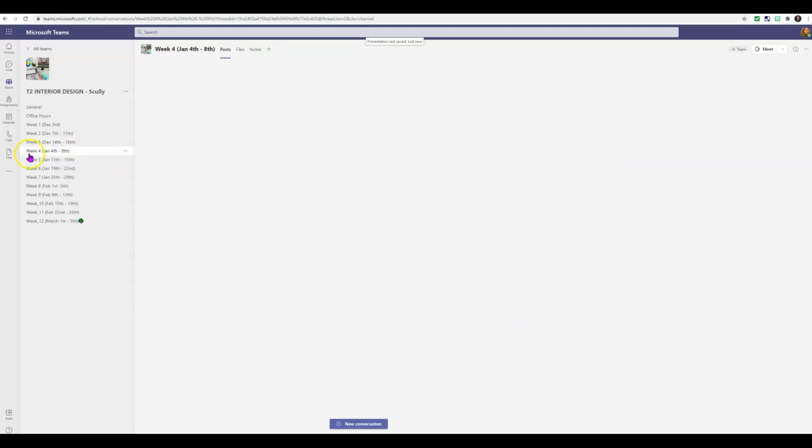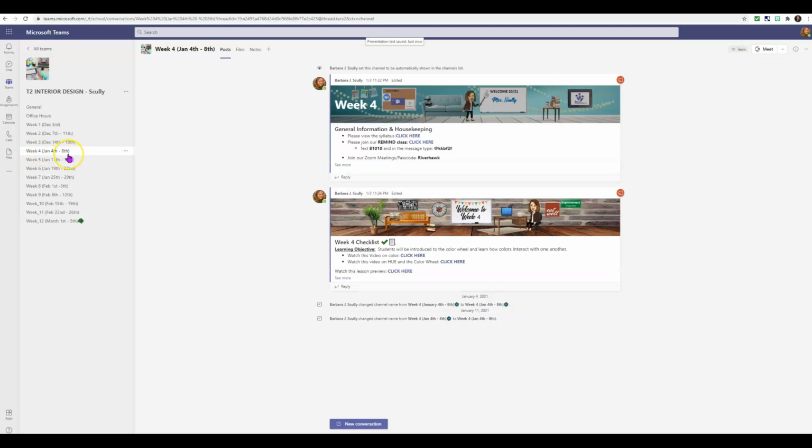Then I go into week 4, January 4th through the 8th, and I just want you to know, look how I have everything itemized within the files. I break it down for the week, and as you can see, right now I'm currently in week 12, March 1st through the 5th, and I put an emoji icon for students to be able to see exactly which week we're on. I know I've seen my colleagues,